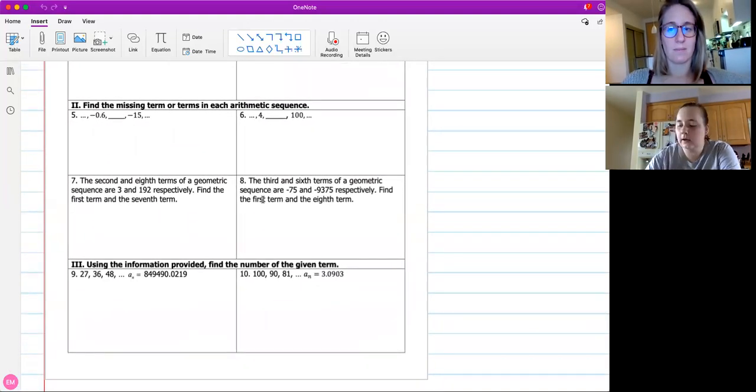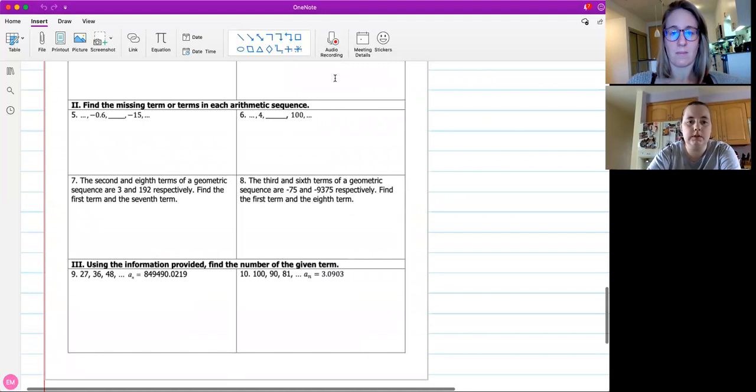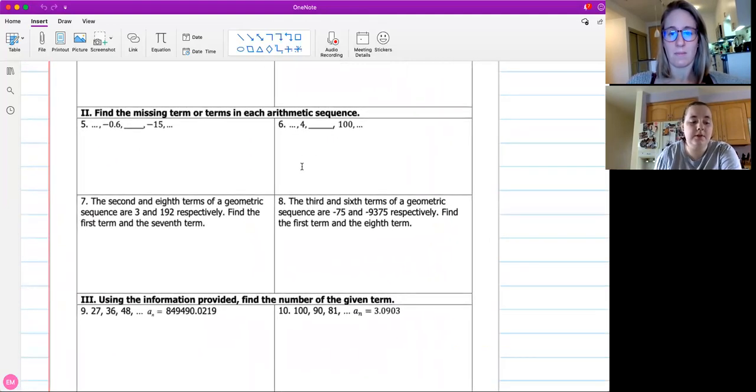Okay. Let's do number 6. I like number 6. Okay. So for number 6, we have to find the common ratio, and find the missing terms in the sequence. So let's do 100 divided by 4 first, because we need to find